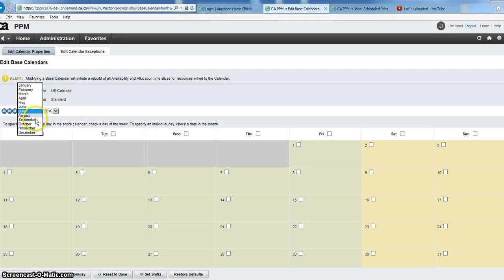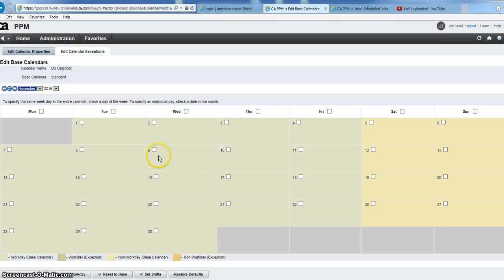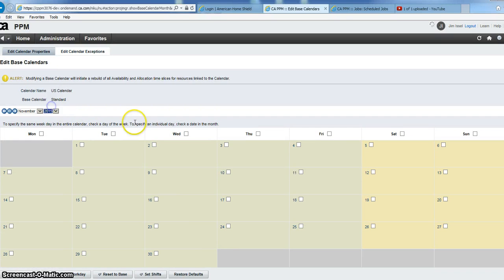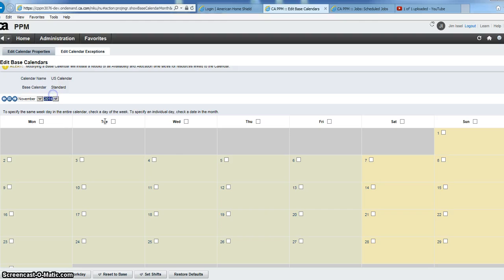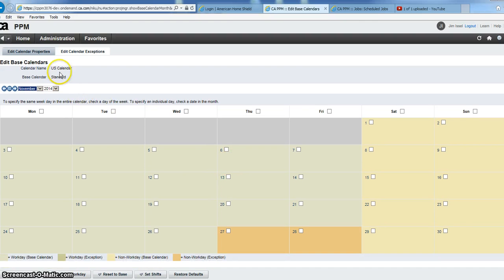So if I look at November of 2016, let's take November of 2015, because I apparently did not update the base calendar in quite a while, 14 maybe, there we go. In the US, and this is the US based calendar, the last Thursday in November and the day after are company holidays. So in the US based calendar, I've defined those as non-work days. So if I have a resource based in the US, I associate them with the US based calendar, and that means that they are automatically scheduled to be off on those 2 days for purposes of Clarity